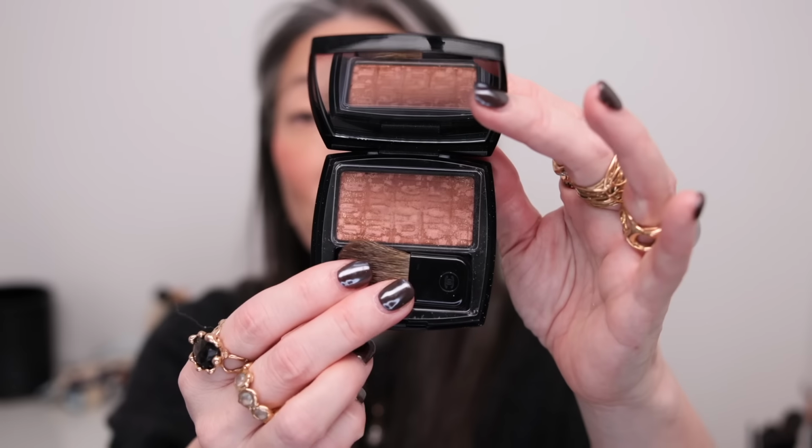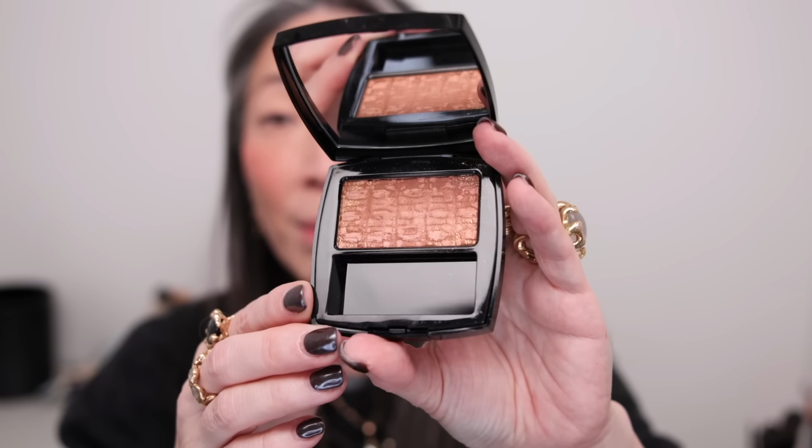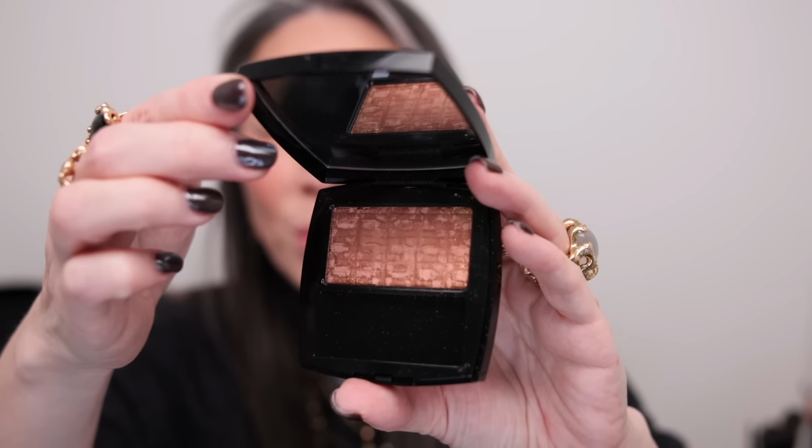I've had this one forever, and I just will never give it up. But the Tweed blushes. So this one is Tweed Beige, and it's so fantastic. I mean, I love Tweed. Absolutely love Tweed. Tweed from anywhere. Chanel Tweed, of course, is so special, and it's such a staple of the fashion house that I don't understand why they wouldn't make this like a